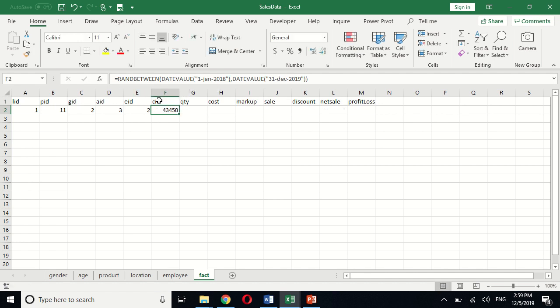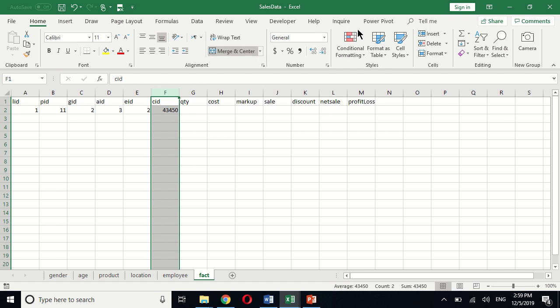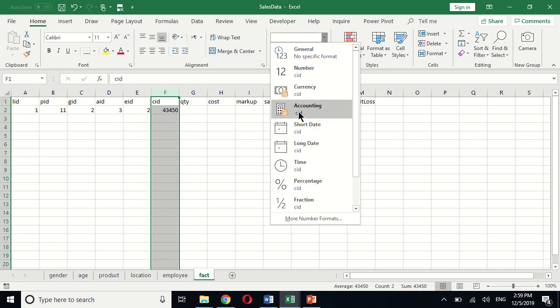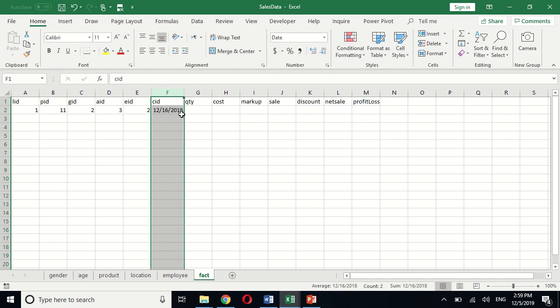Then the system selects a date and each of the days will be represented by a number. So to convert this into a short date, highlight the F column that contains the CID, which is the calendar ID, and then you go here and select the short date. So it is the 16th of